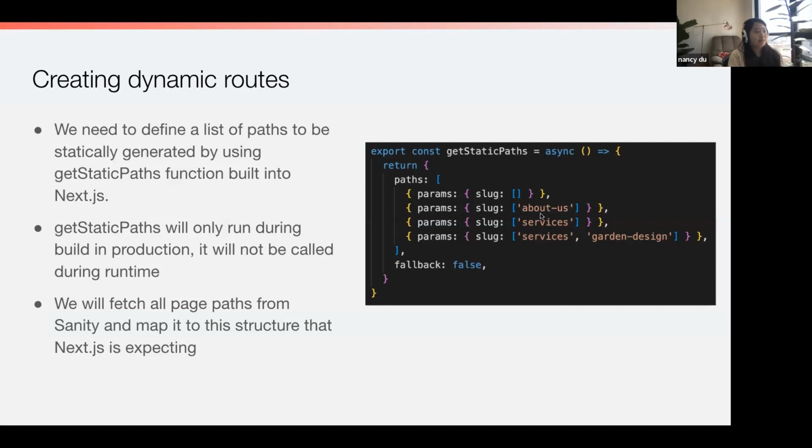So you can kind of see here that if I want to create the about us path, it's just about us. But if I'm looking to create something like services/garden design, because it's 2 segments, we actually have an array of both of those slug segments within. This is kind of what it'll look like in terms of the structure that Next.js is expecting us to return,